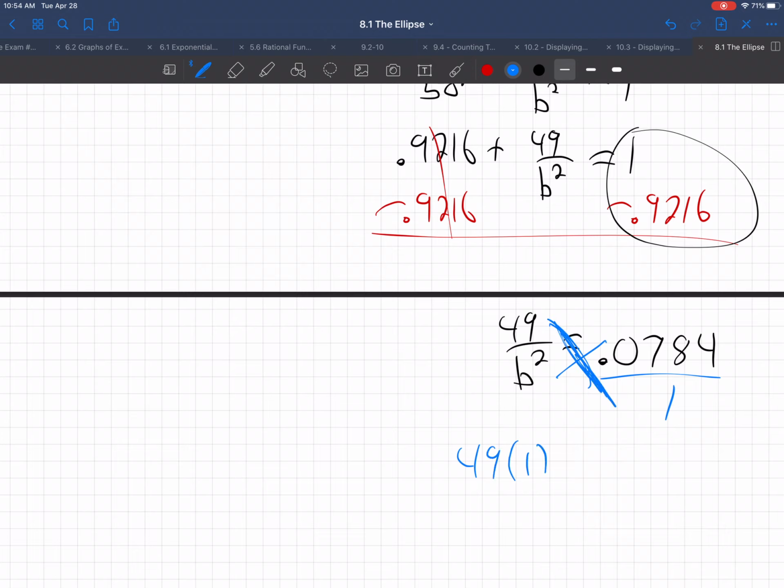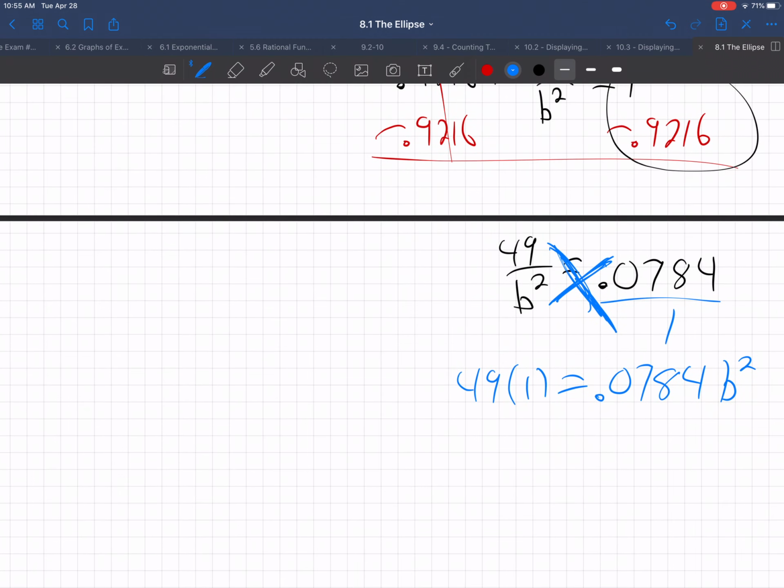I did this diagonal equals, and then this diagonal, 0.0784 b squared. How do you finish solving for b squared? Divide by the 0.0784. And so b squared